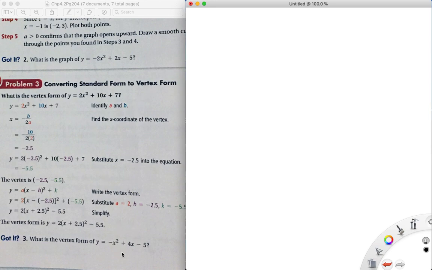Everything revolves around negative b over 2a. We put in the vertex, and that gives us our h, and then we have to do f of the vertex, and then get our k,